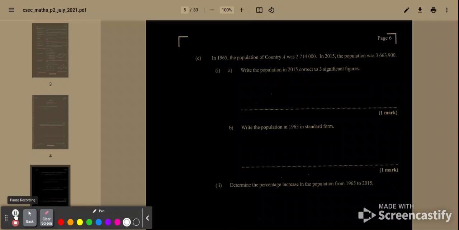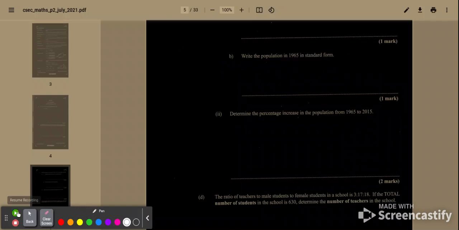Okay, so it says determine the percentage increase in the population from 1965 to 2015. Okay, so they want us to find the percentage increase, right? To do this, first we need to find by how much it increased, right? So what we need to do is to find the difference between the population in 2015 and 1965. So that would be